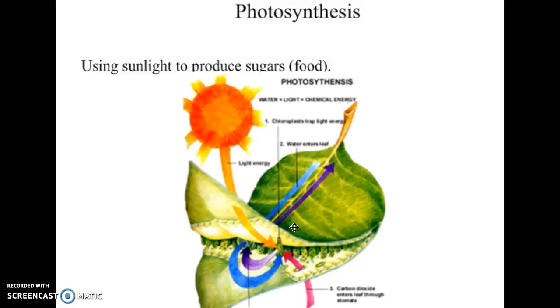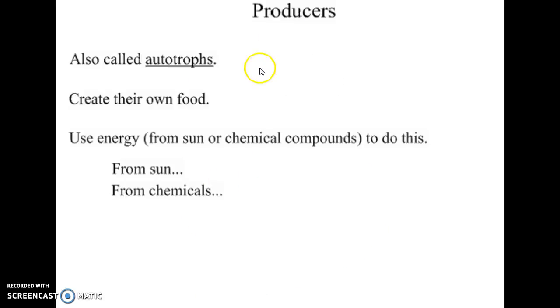Now, what can plants do with that sunlight? What can they do with that energy? Plants can use the energy from sunlight to produce sugars, which plants use for their form of food. This is through a process that we talked about previously called photosynthesis. So let's go back here, and now let's check out what living things can do with chemicals.